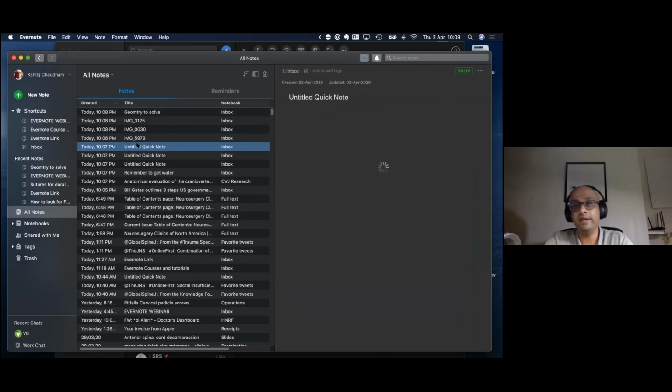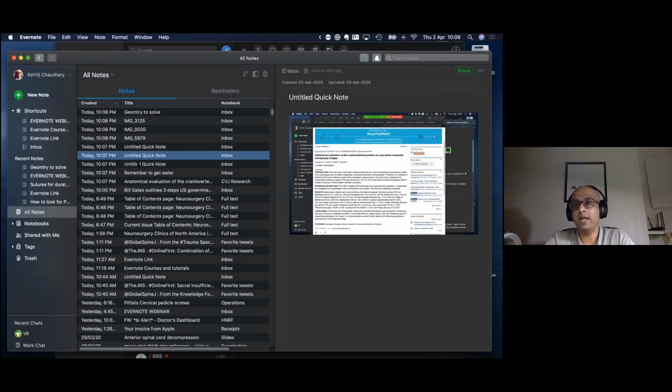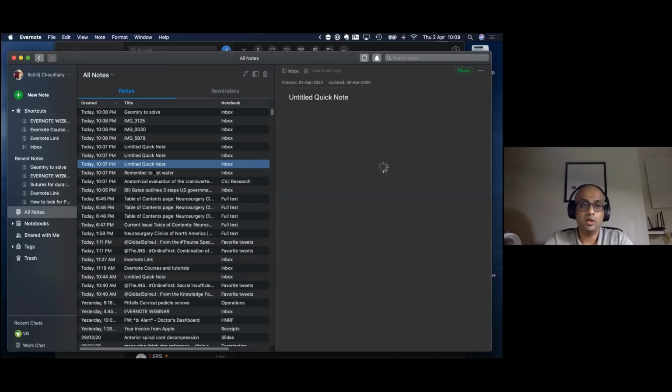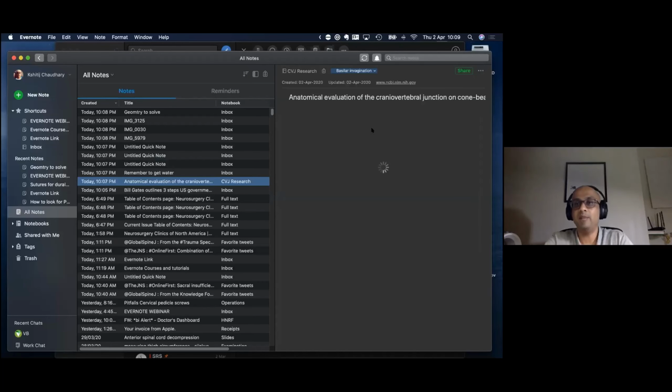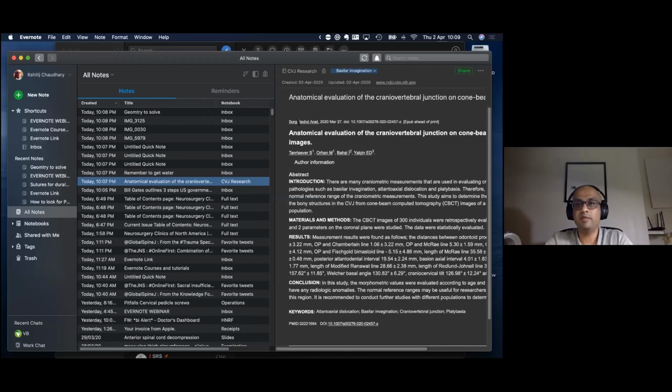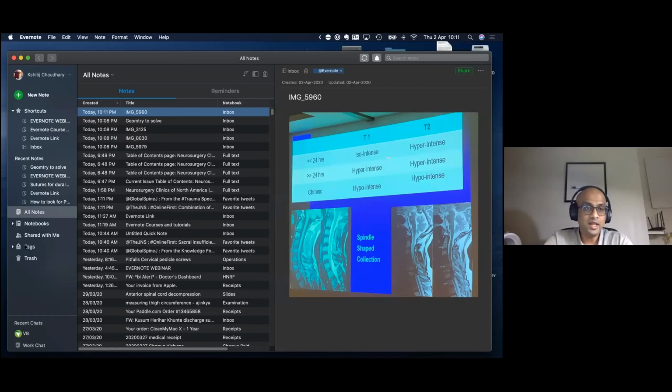And there you go. The powerful search function allows you to be random. You don't need to be super organized about it. You can just keep things anywhere you want and still be able to retrieve something by just one small thing that you remember about that note. It will be able to pick that up and take you to that note. So all these notes that we created, I created this abstract that I clipped in CVJ Research just a few minutes ago.